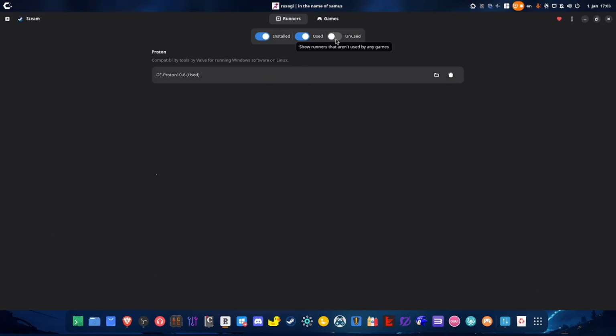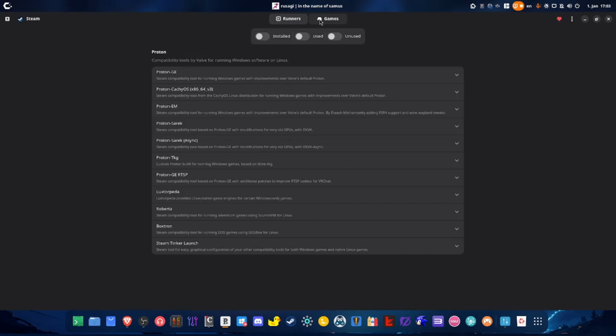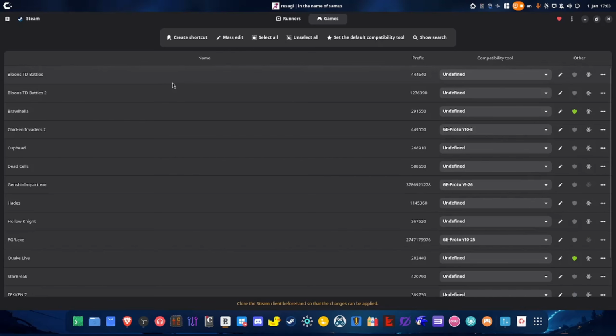And this one basically checks which builds are not being used by specific games. So if you go to games, for example, as you're going to see, these are only Steam games that I have, and you can see which compatibility layer I'm using. So for this game, I'm using the latest, not the latest, but I'm using GE Proton